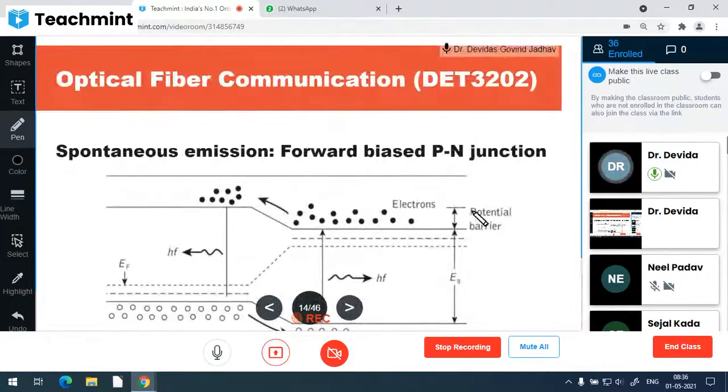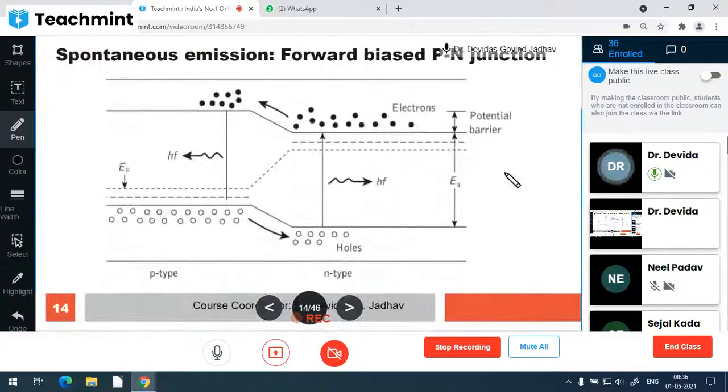The spontaneous emission powered by the PN junction is shown whenever the PN junction is forward biased, that is, N is connected to the negative of the battery and P is connected to the positive of the battery. In that case, the energy band diagram of the P region, N region and depletion region is modified, and this potential barrier becomes less, or may vanish or become zero by junction breakdown. Okay. In forward bias, junction breakover.